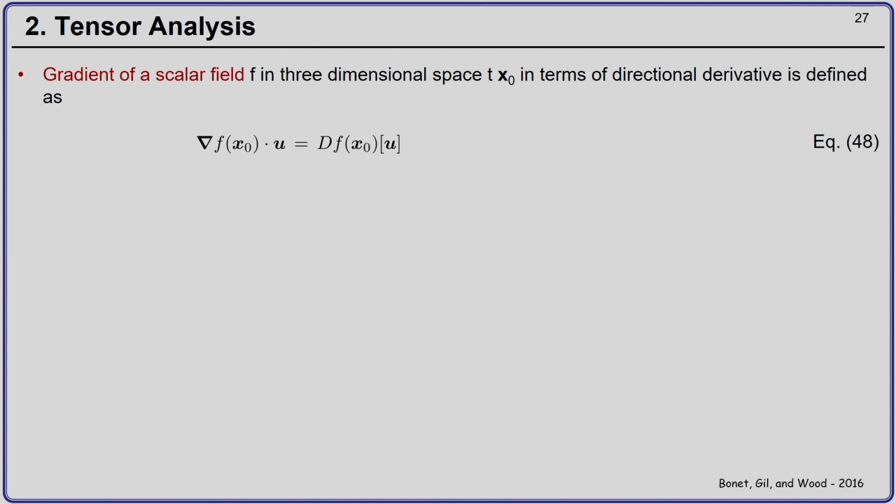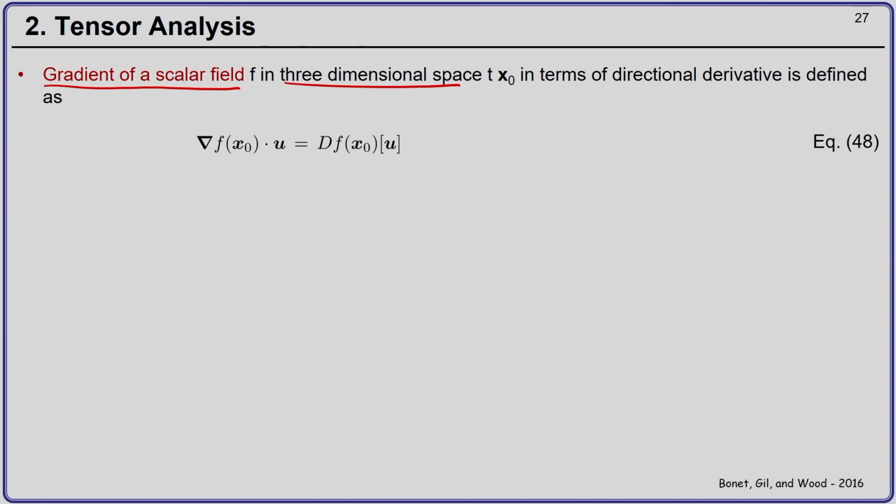We want to carry out certain operations on these fields. We will have scalar fields, vector fields, and tensor fields. Scalar fields like temperature, vector fields like velocity, tensor fields like stress tensor. Now, the first quantity of our interest is the gradient of a scalar field f in 3 dimensions. We will restrict ourselves to 3 dimensions.